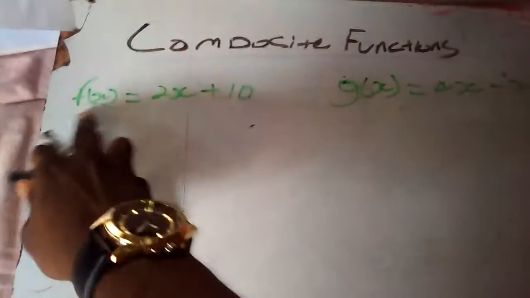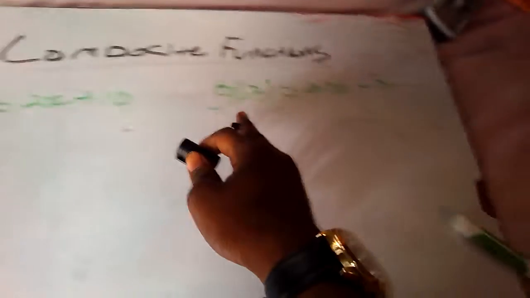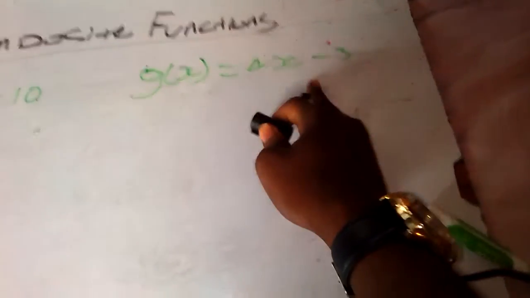Anyway, composite functions again. We have two functions: f of x is equal to 2x plus 10, and g of x is equal to 4x minus 3. Yes, this is a minus 3. Now,